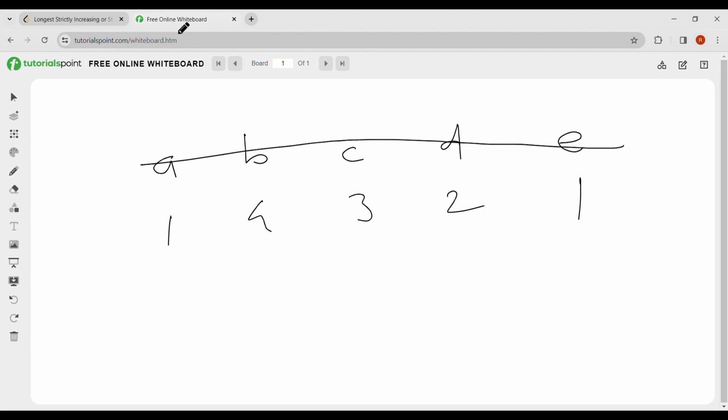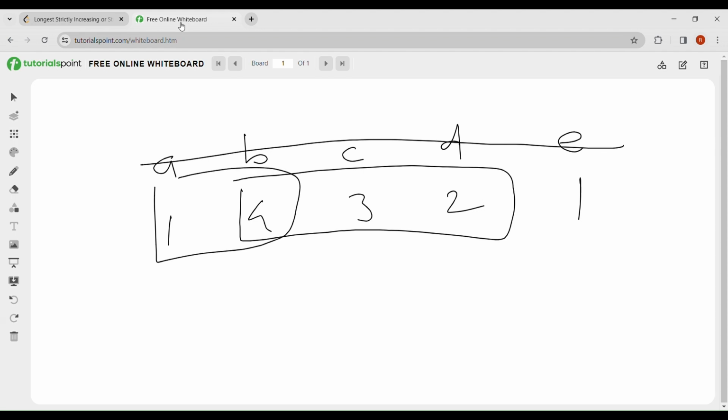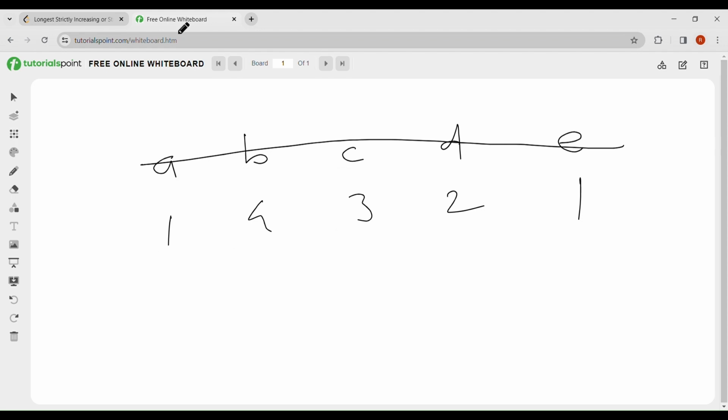A subarray is a continuous part of the array from anywhere, like this continuous part. This is one subarray; there are many subarrays in this array. They are asking what is the maximum length of a subarray